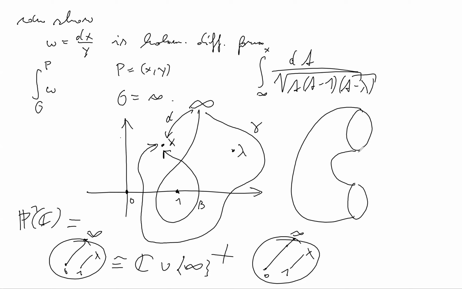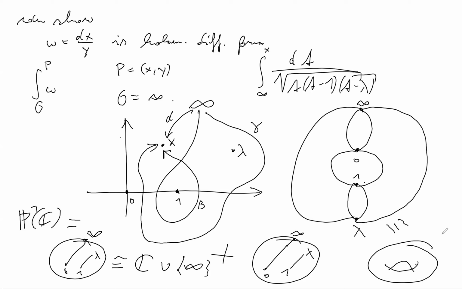right? And this one I have cut open from 0 to infinity. Then this is the second cut where I cut it open from lambda to 1. Okay, and then I glue 2 of these together again along the same branch cuts. Well, and what you get, it's just a donut. Okay, so really what you get is a torus. Okay, that's nice. So what this tells us is that we should actually look at paths on the torus to